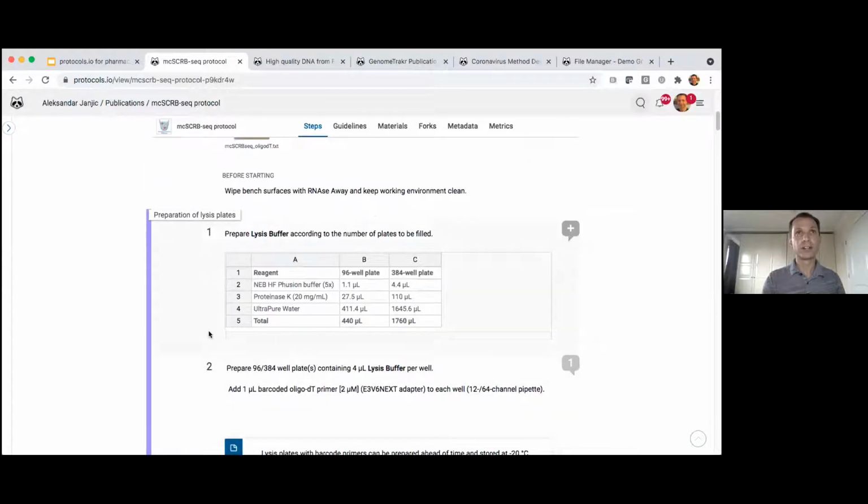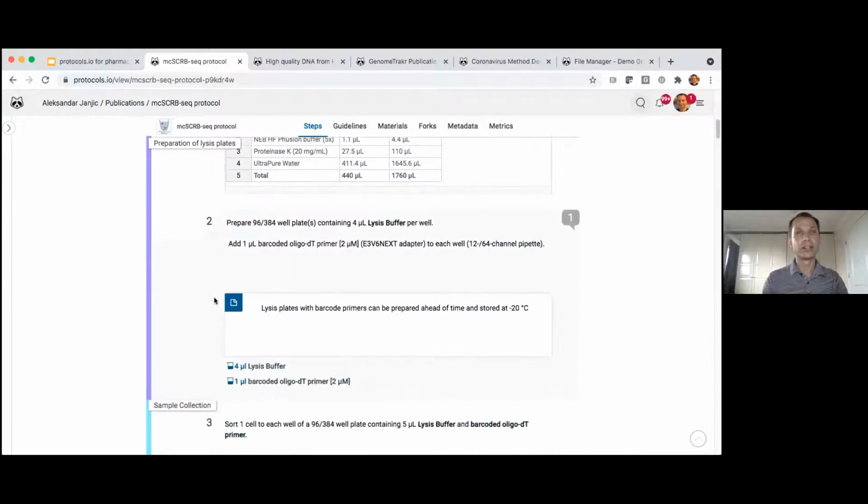So the sections that are in there, if you start to play around, I won't have time in this workshop to dive into the editor, but if you're playing around or you get on a call with someone on our customer support team for an introduction, you'll see that there's a lot in there to encourage detailed reporting of exactly the minutiae that you need to repeat your own or somebody else's work.